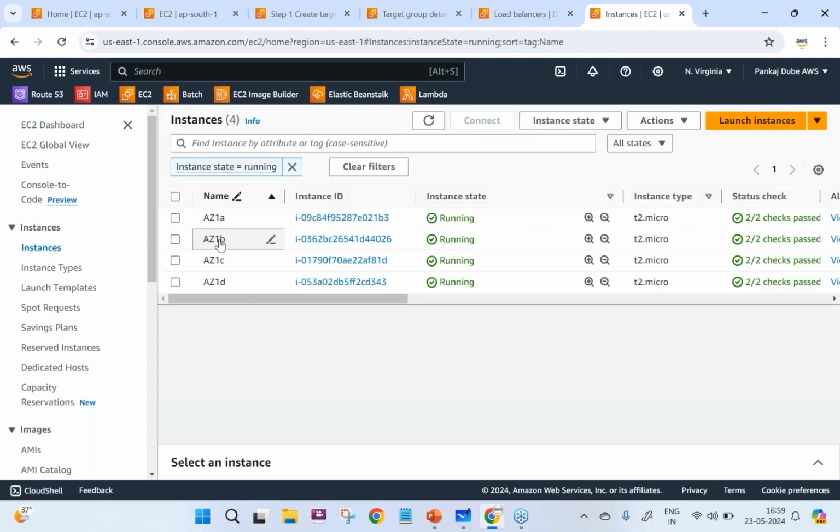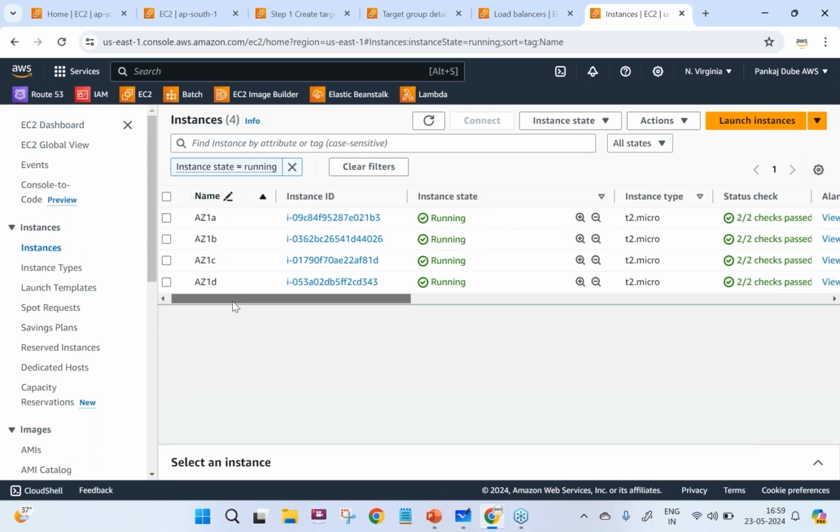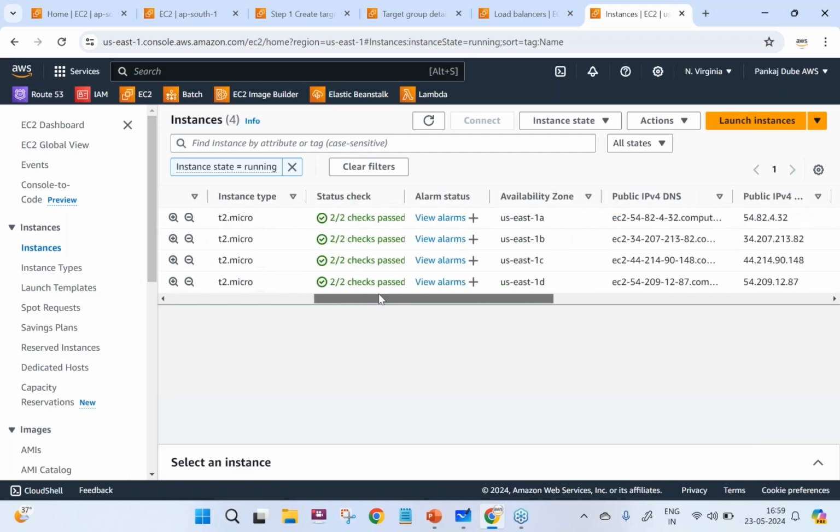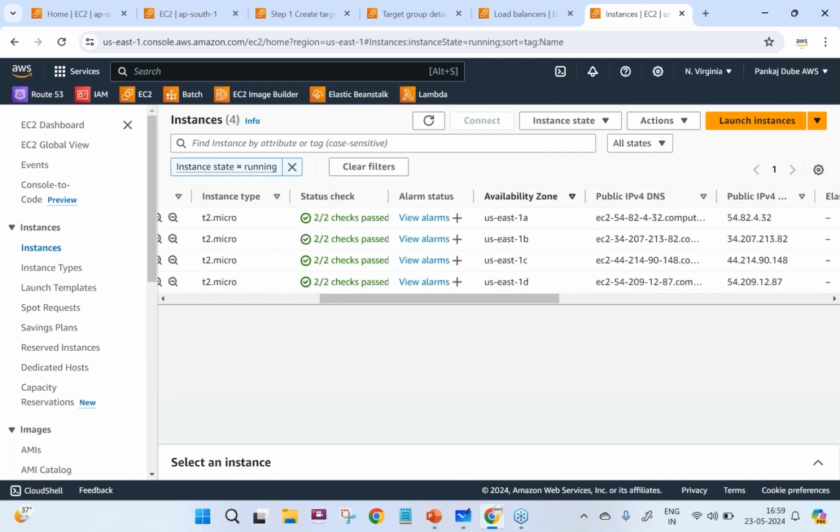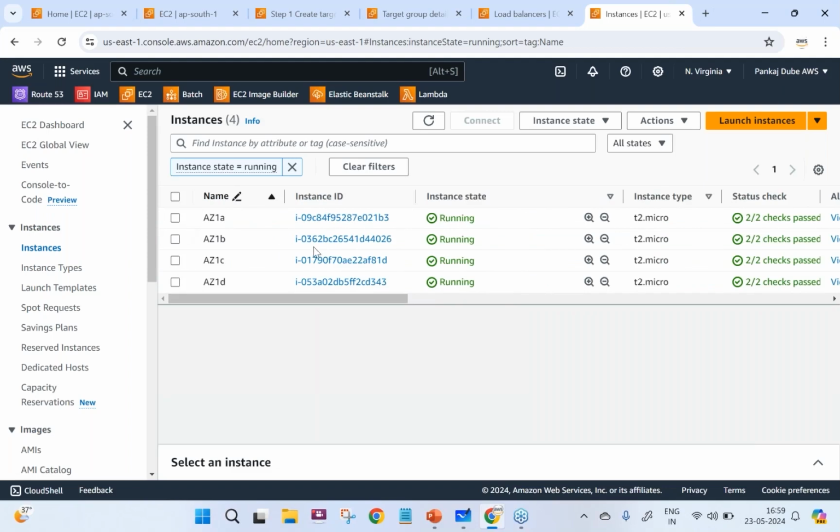If you see the name tags 1A, 1B, 1C, and 1D, these are the instances which reside in availability zones 1A, 1B, 1C, and 1D respectively. I am going to route the traffic to these 4 EC2 instances with the help of a load balancer. So my targets are ready.